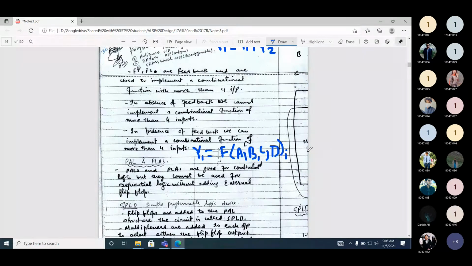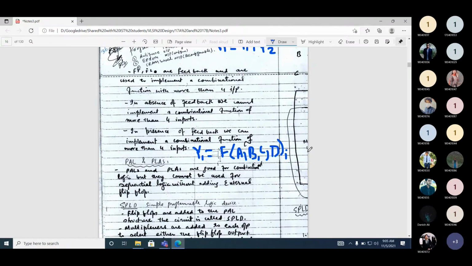Product of sum or sum of product? Sum of product. So it is an SOP expression. Is this a min term or max term? Min term. So actually this Y1 will be a min term, because it is a product of 4 variables, so it can have 16 possible combinations.